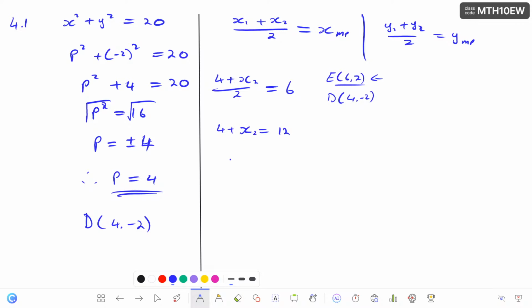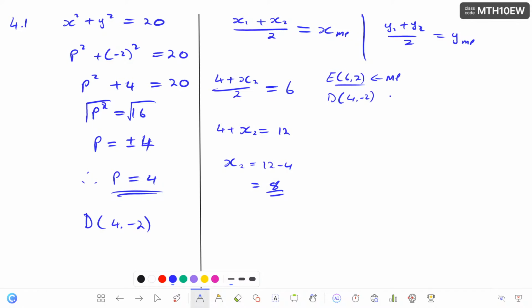So now taking 4 to the other side is going to be x2 is equal to 12 minus 4, which is equal to what? 8. Yes. So even this side, we're going to say y1 is what? It is negative 2. Don't confuse the point. It's negative 2. This one is the midpoint, guys. Don't confuse